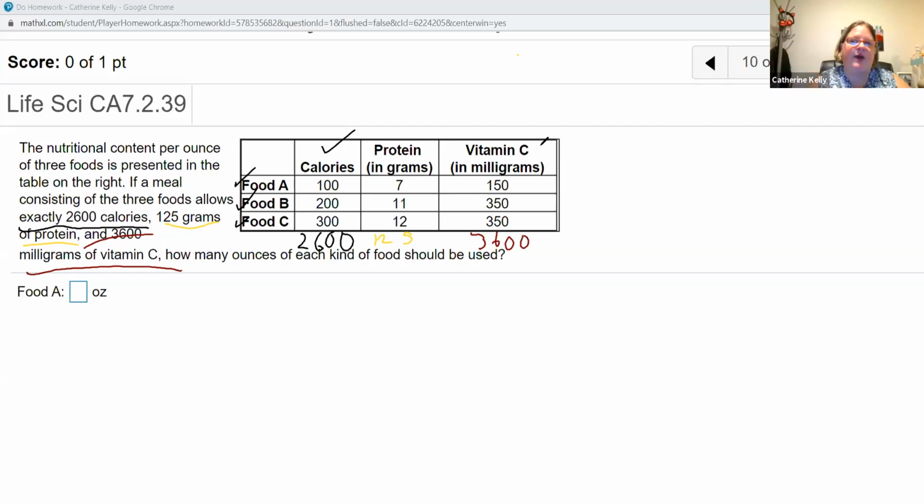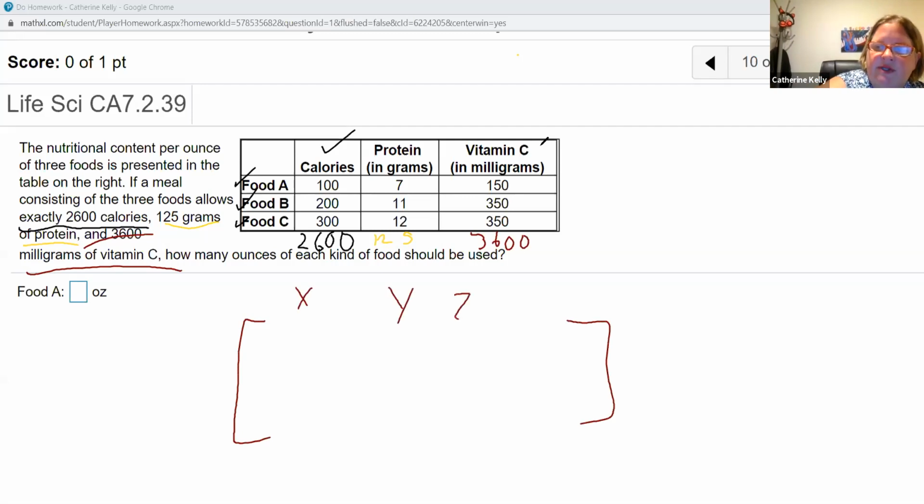You need to put it into a matrix. So remember, your matrix goes like this, and you have your X, Y, Z values, and then your total. However, in this case, it's not X, Y, and Z. It's actually A, B, and C values, and then your total. So your A values, if I look across, your A values are